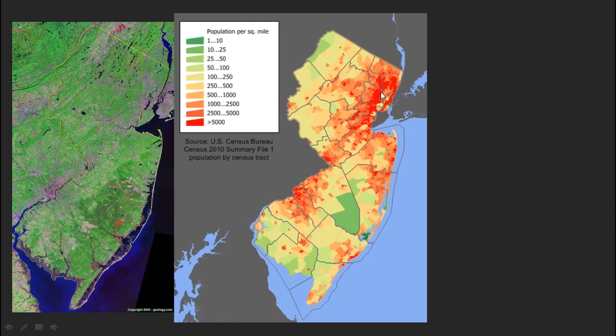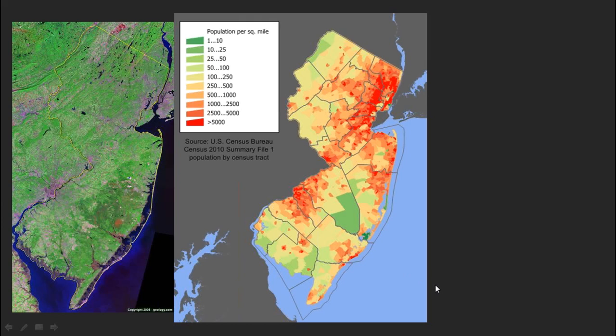While here, Hudson County and our New York border along the Hudson River is greater than 5,000 persons per square mile. This doesn't give you the actual accurate number. Actually, Hudson County, as of the 2004-2005 census, was 18,000 people per square mile, which is clearly greater than 5,000 anyway.